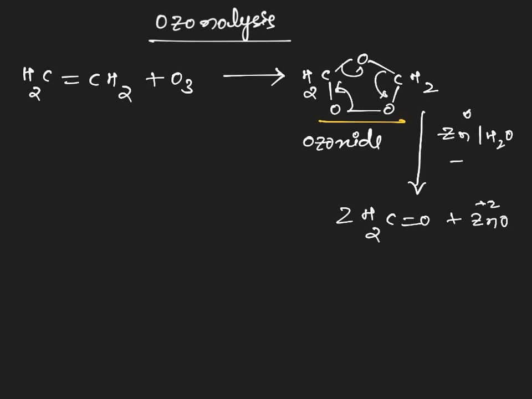Instead of zinc we can also use a peroxide. In that case, the aldehyde will undergo oxidation and convert into carboxylic acid, which we call oxidative ozonolysis, as opposed to reductive ozonolysis. So in the second step, depending upon what product we are looking for, we can tailor the reagent. That means we can change the reagent. But in ozonolysis, when we add ozone to alkene, it forms ozonide. Let's see the mechanism first. After that we will go for the applications.